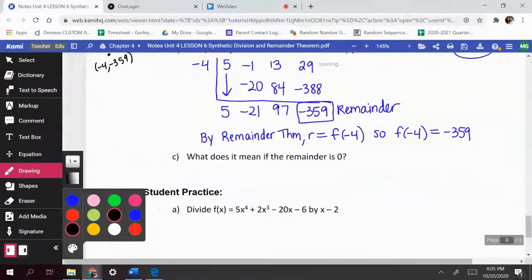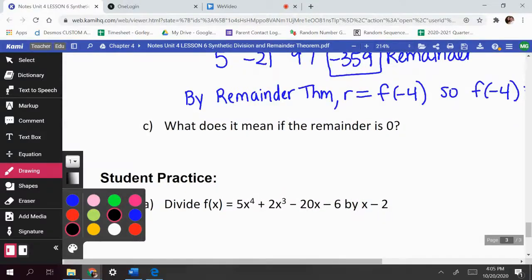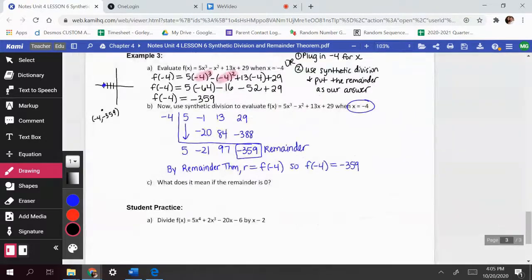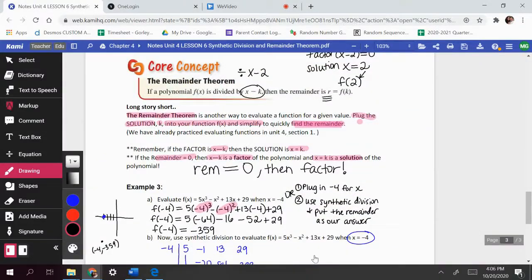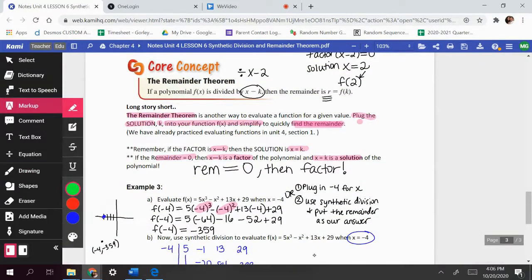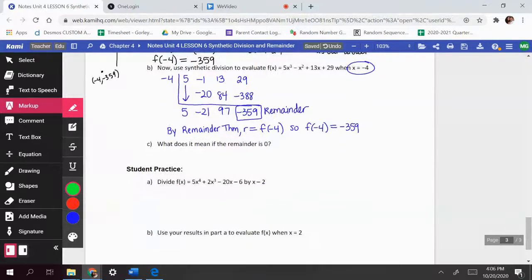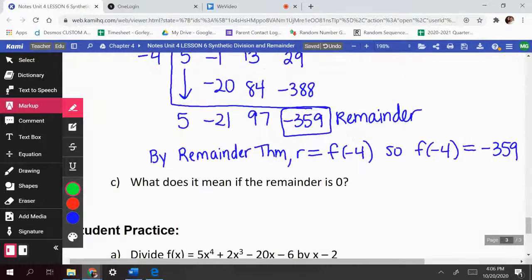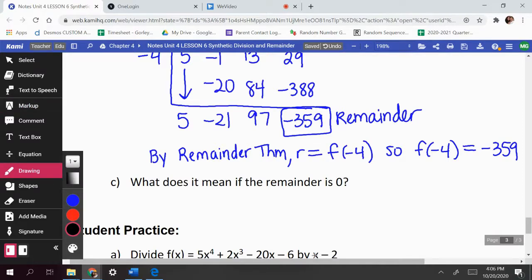Okay, here for the next part C, it says, what does it mean if the remainder is 0? Remember, let's go back up here. It said it right here in this sentence. If the remainder equals 0, then x minus k is a factor and x equals k is a solution. So if the remainder equals 0, then that would mean that x minus k is a factor, or x equals k is a solution,